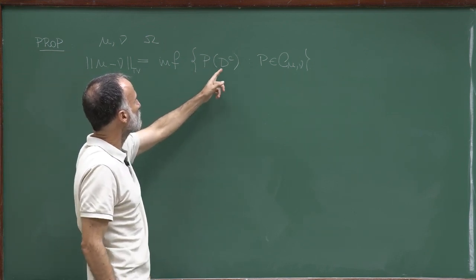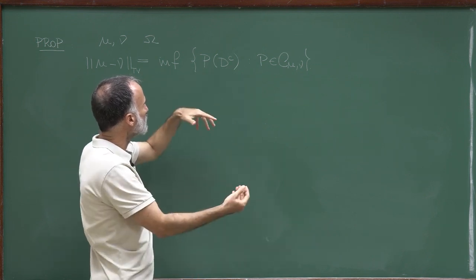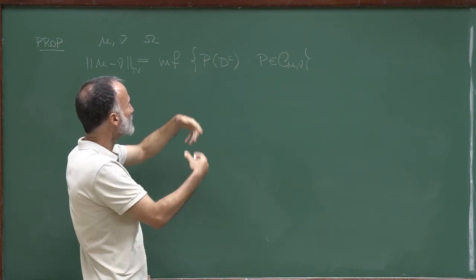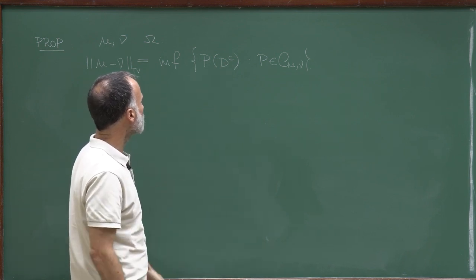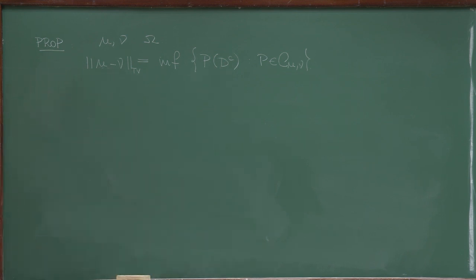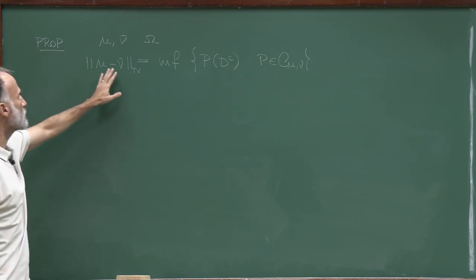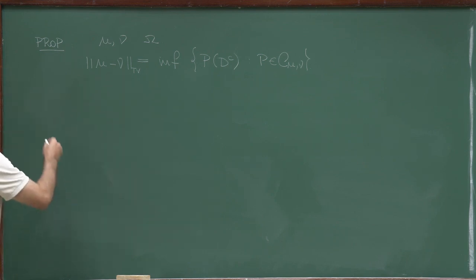So if you want to minimize the measure of the complement of the diagonal, which means that you want to maximize the measure of the diagonal, this is exactly given by the total variation between mu and nu. So the proof